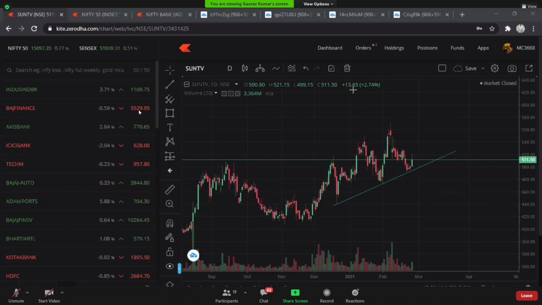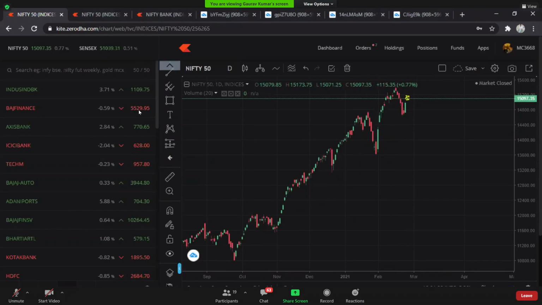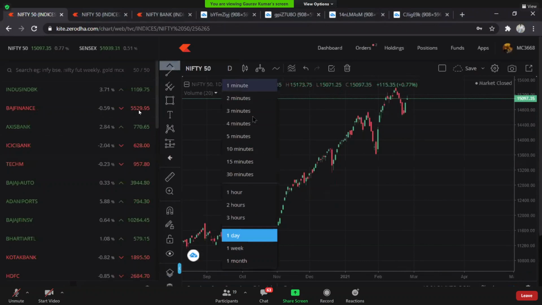But how do indexes form patterns? Index is formed of stocks and the movement of the index is determined by the stocks. So how does it move according to patterns? That is something that I cannot answer. I don't know. Index moves according to stocks. That's only what I know. And stocks' movement decides the index movement.